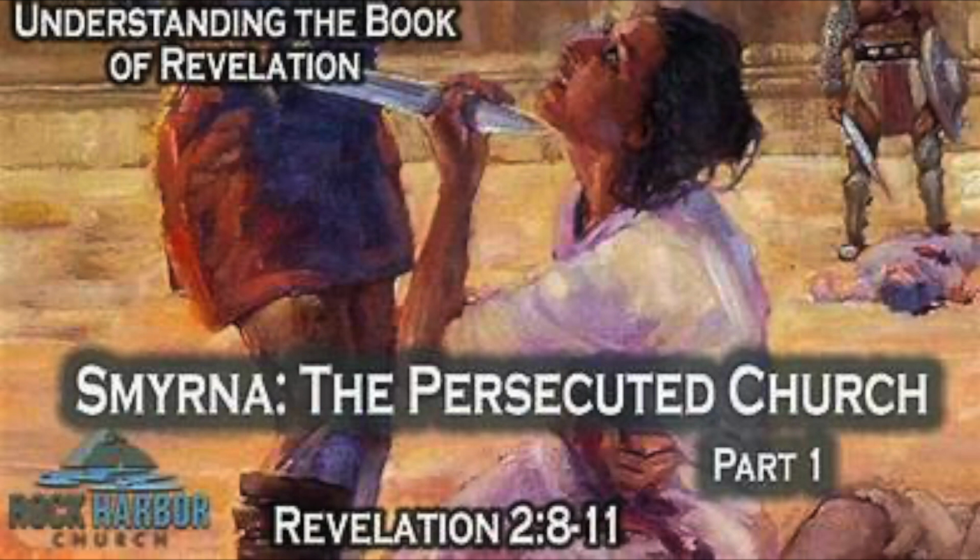Stage 2, Smyrna. We're told they live where Satan lives. So this is a church that is now impacting, now changing the society around it. This is the stage that begins the process that we call Christianization, the process where societies around these churches experience a change in values that begin to mirror Christian values. This is what it means when it says, you think you're poor, but you are rich. It's saying you don't have what society values, but just wait. Society is about to start valuing something else, and the things it's going to start valuing are the things that you do have.